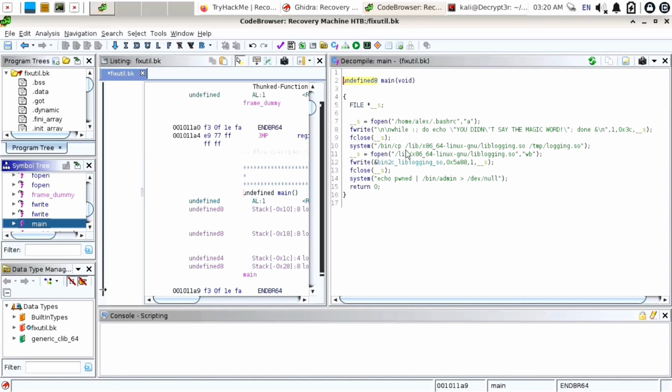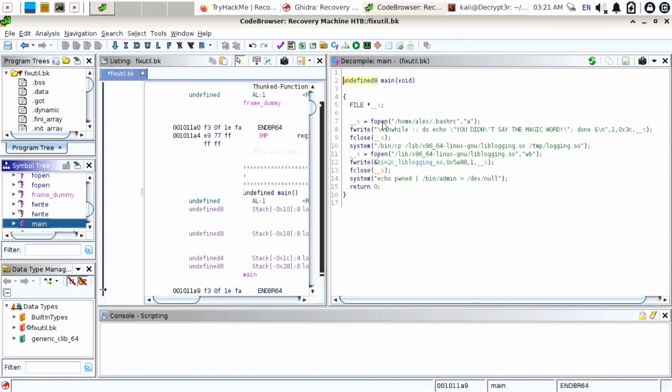Thereafter it is copying /lib/x86_64-linux-gnu/liblogging.so to /tmp/logging.so. Then it is opening /lib/x86_64-linux-gnu/liblogging.so, and then it is printing pwned in /bin/admin.